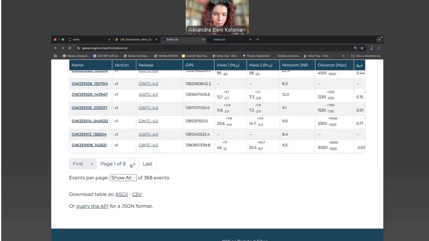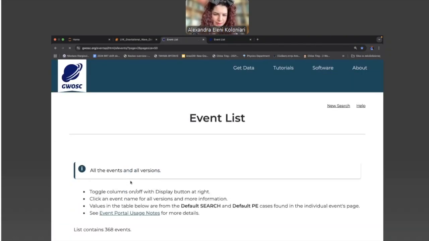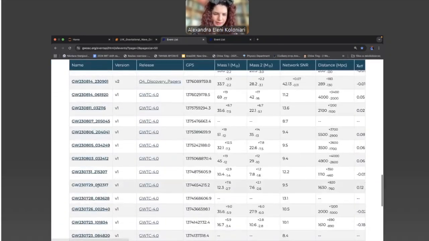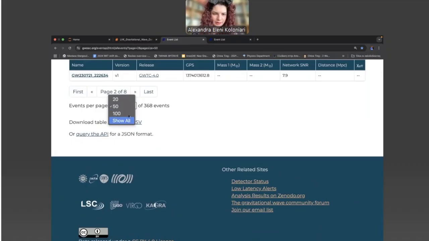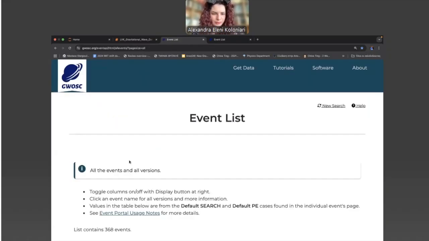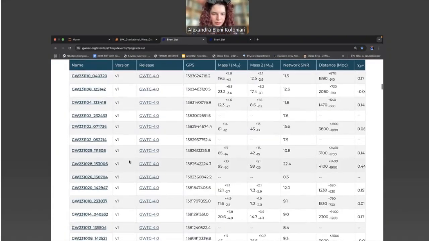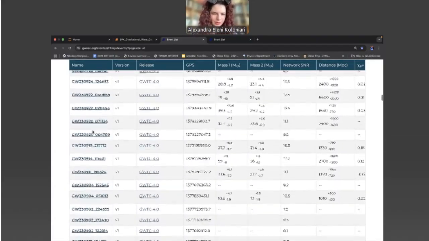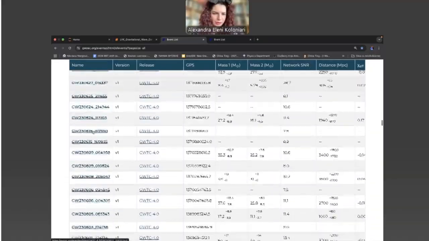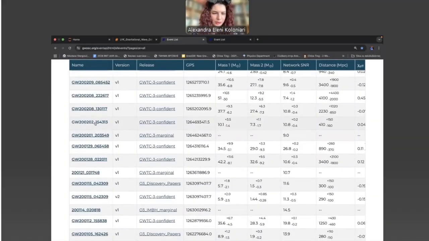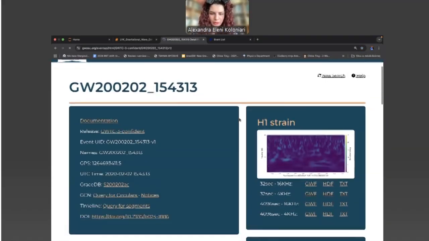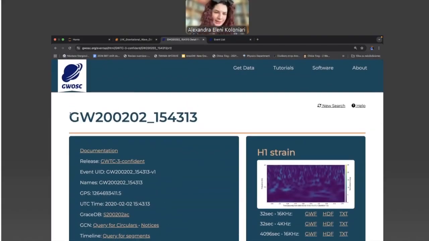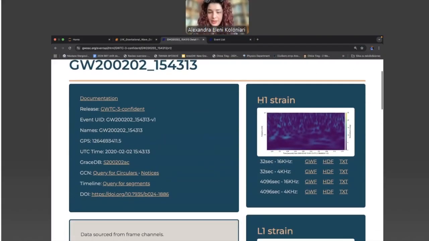Additionally, if you go to one of those events, for example, say I want one of the previous events, because for the new events there are additional things here because there are different tests. So, for example, if you press on any event, you will see which detectors did detect that event.